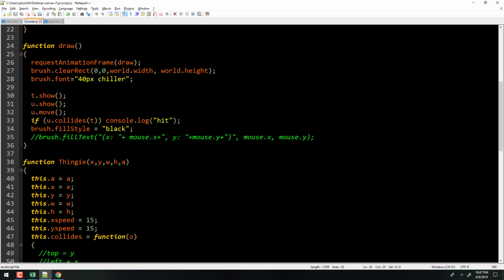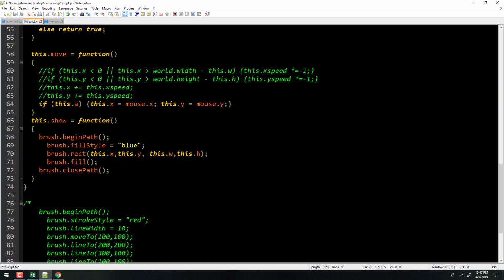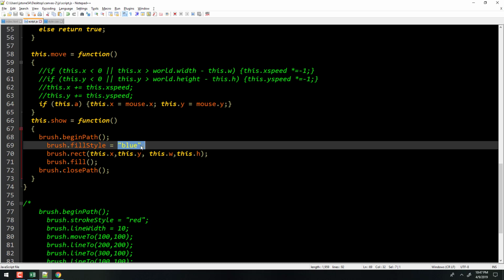So I'm just going to do a little quick thing here with the attached, where I'm drawing this for the fill style. I'm going to actually use the ternary operator right here. So instead of it equaling blue, I'm going to say it's equal to this dot A. In the event that it's this dot A, which is the attached one, then I want it to be blue. Oops, that should be a question mark. Or it should be